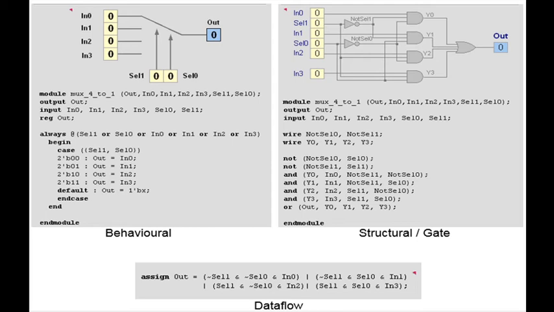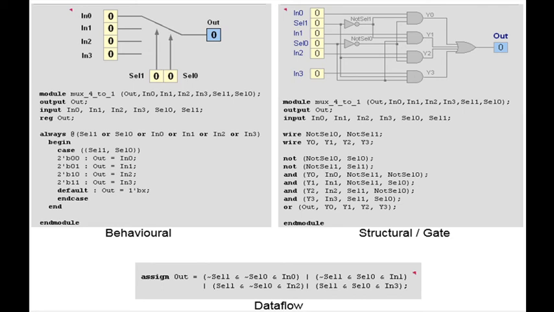In the data flow, an equation is written. It consists of some operations; here ANDing, ORing and complementing operations are there. So this is nothing but the multiplexer formula, that is, the output is equal to S1' S0' I0 plus second term, third term, and the last term will be S1 S0 I3. So if we are expressing the behavior of the circuit using an equation, then it's a data flow modeling style.